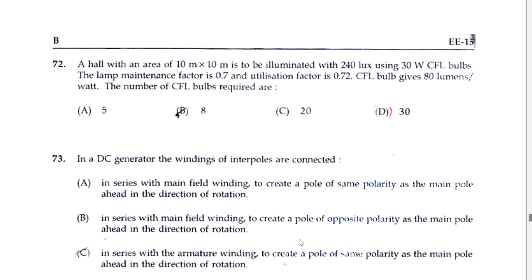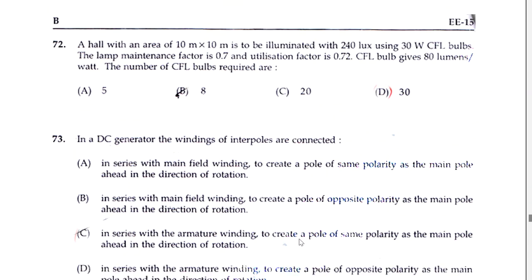Let me take the next question here. 72nd question. A hall with an area of 10 meters into 10 meters is to be illuminated with 240 lux using 30 watt CFL bulbs. The lamp maintenance factor is 0.7, the utilization factor is 0.72. The CFL bulb gives 80 lumens per watt. The number of CFL bulbs required here. So the formula for the number of